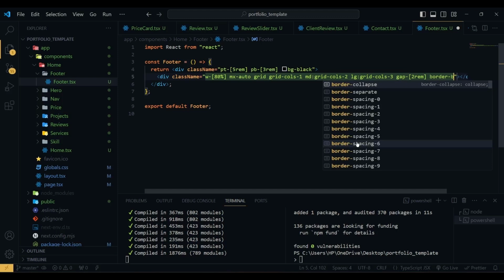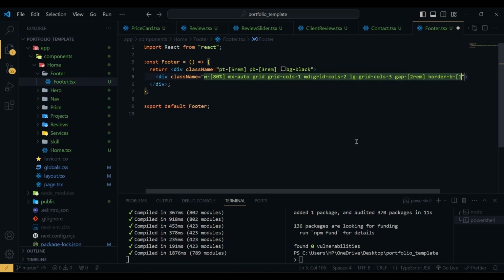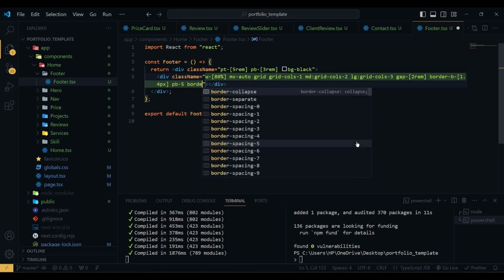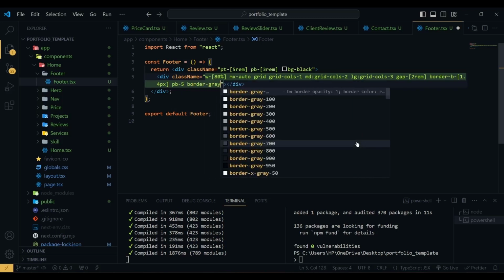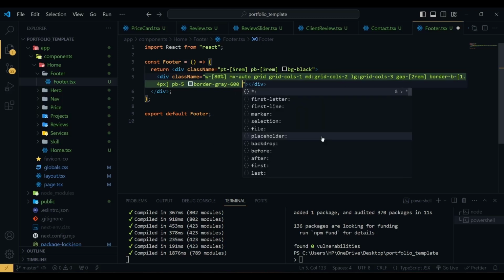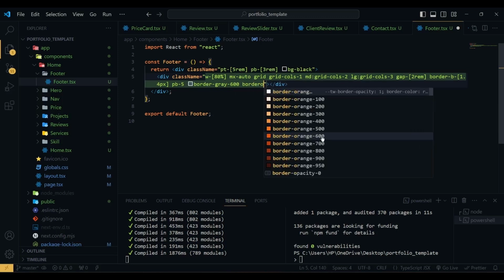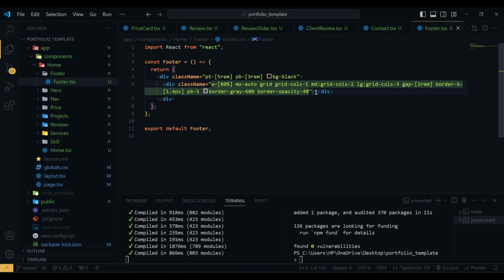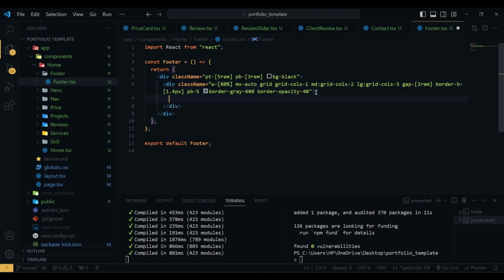We have a border bottom of 1.4 pixel. Then padding bottom will be 5, and the border color will be border gray 600, and the border opacity will be 40. Then inside this div we have another div, and inside this div we have a div